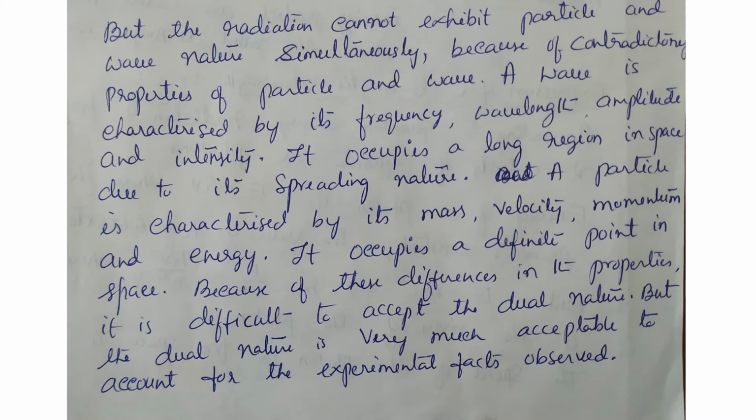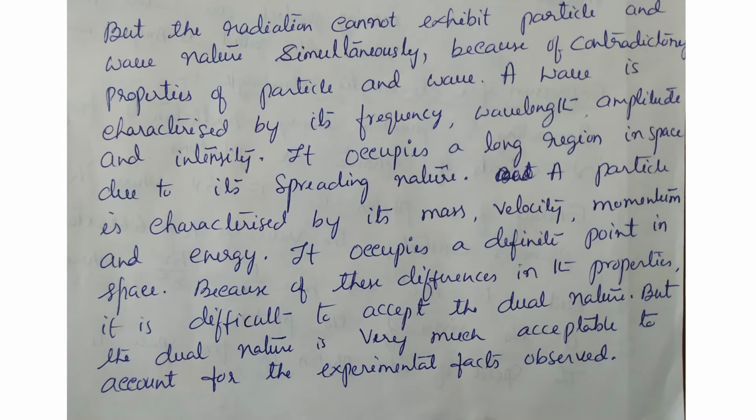But the radiation cannot exhibit particle and wave nature simultaneously, because there is a contradiction in the properties of the wave and the particle. A wave is always characterized by its frequency, wavelength, amplitude and intensity. And the wave has a definite wavelength and it spreads out in the medium and occupies a long region. But a particle is characterized by its mass, velocity, momentum, energy, and it occupies a definite point in